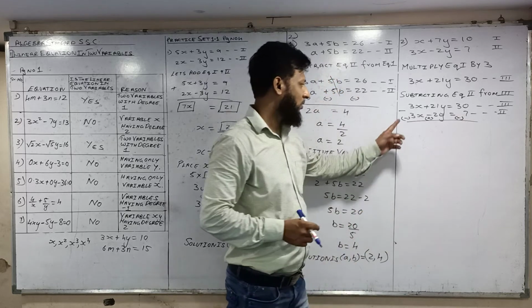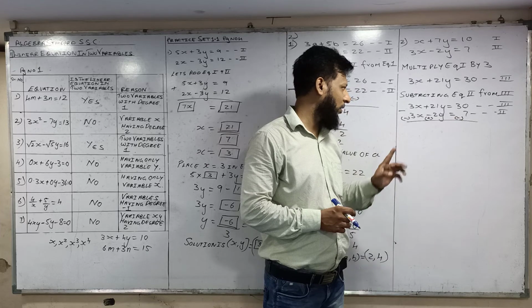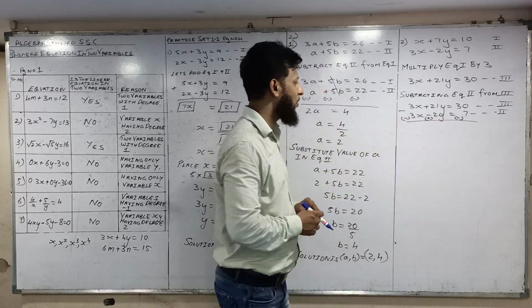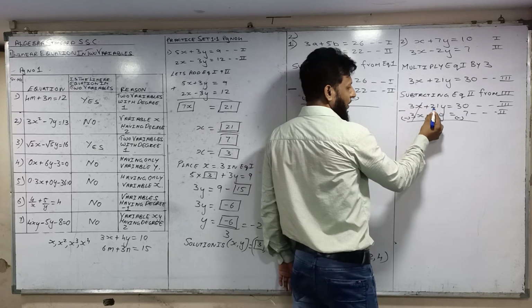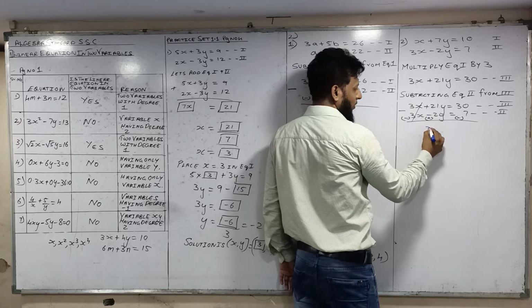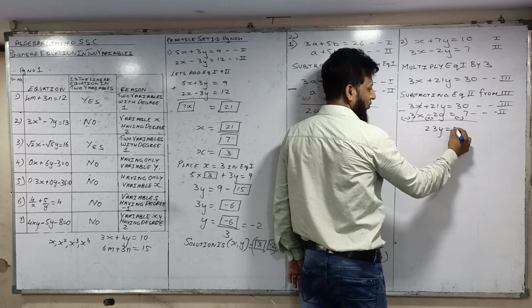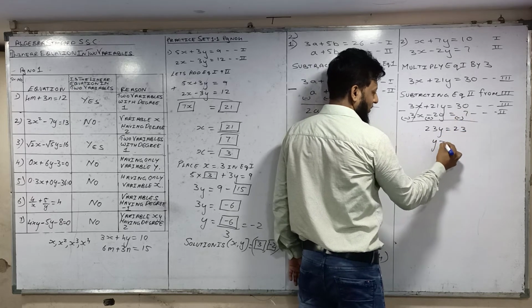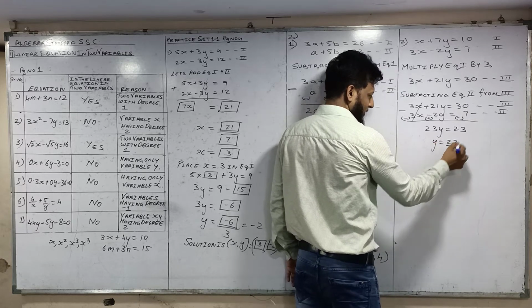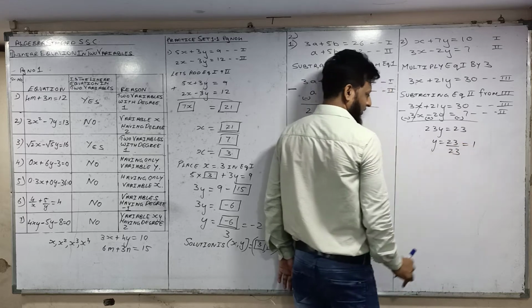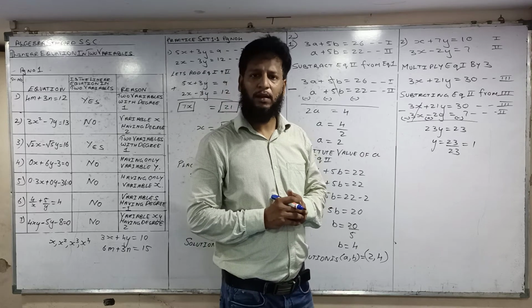Now the signs of this variable and this number are in this bracket, you have to see this bracket. Now plus 3x and minus 3x cancel. Now plus 21y and plus 2y is 23y, 30 minus 7 is 23. So y is equal to 23 upon 23. Cancel, 23 ones are 23. So we get the value of y as 1.